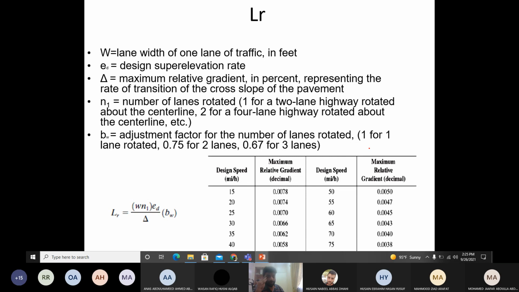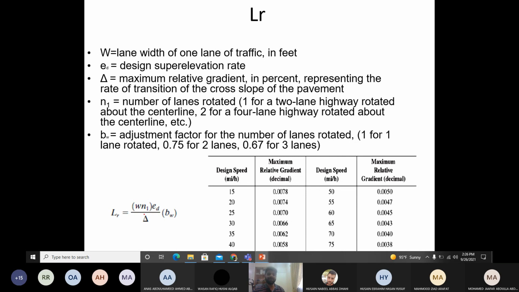Again, we are talking about the number of lanes rotated, so it's half. And if you are talking about a divided highway, it's 1/4, because each side will have half of the lanes. So BW up to 3 lanes is enough. But for example, if you are doing something in China, I have seen that they have even 11 lanes on the highway. So if you get to work in China, ask them to give you the BW factor.